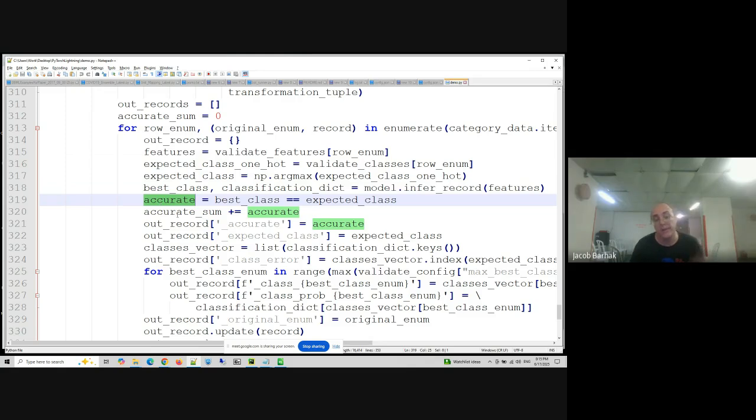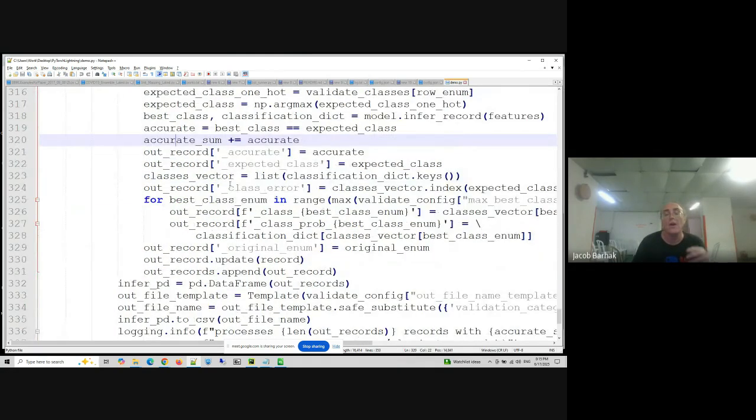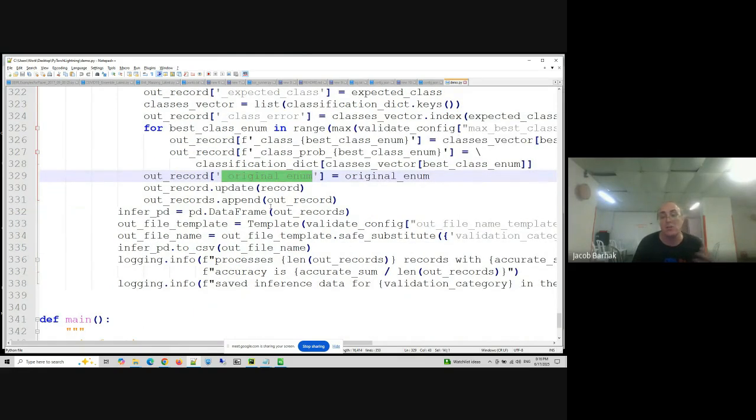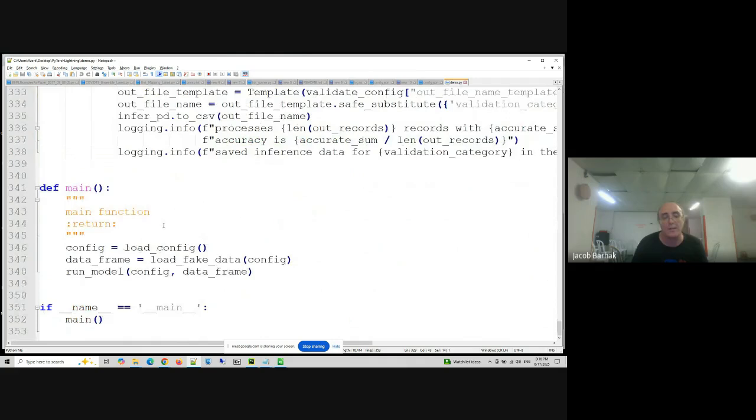If not, then not. And then you sum up how many accurate records you had and so on and so forth. And you write down all sorts of extra information about the expected class and the original enumeration of the old class, and so on. And then eventually you append it to a big record and output it into files.